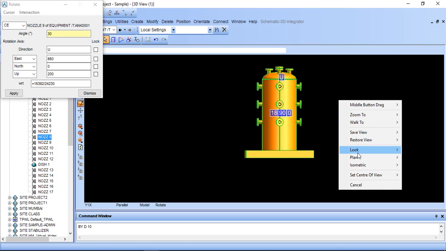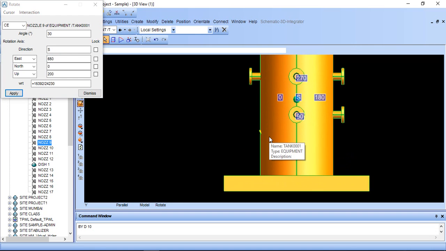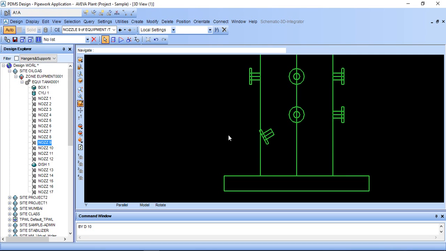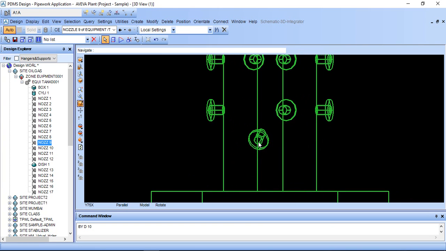We don't want to rotate around this. We want it to be rotated in upward or in downward direction. So our axis should be in south side, and just click apply. Here it is created.